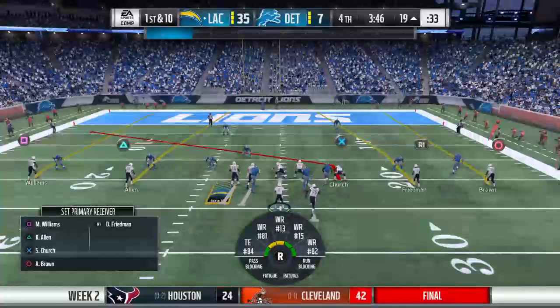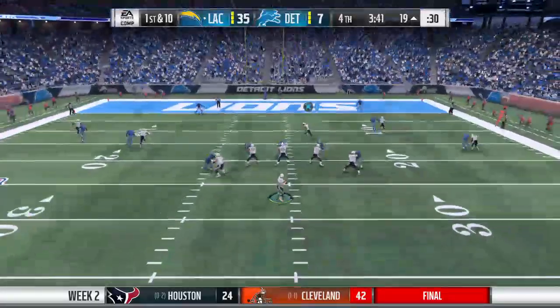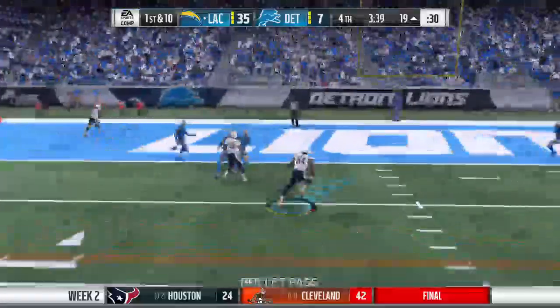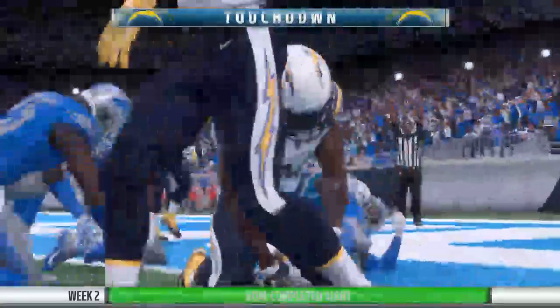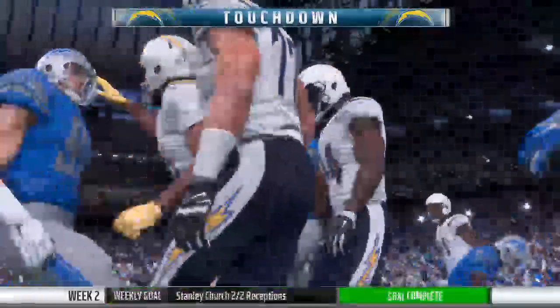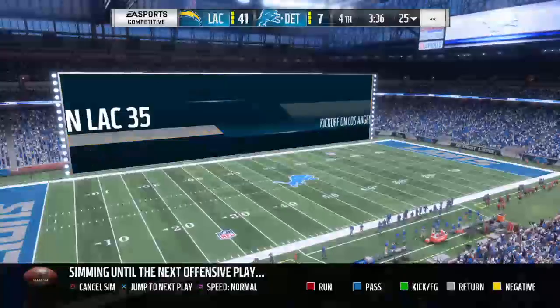That goes for a gain of 31. From the red zone now, they'll look to throw. This will be caught just inside the 10. And he takes it in for a Charger touchdown. So another score there, and often you talk about...